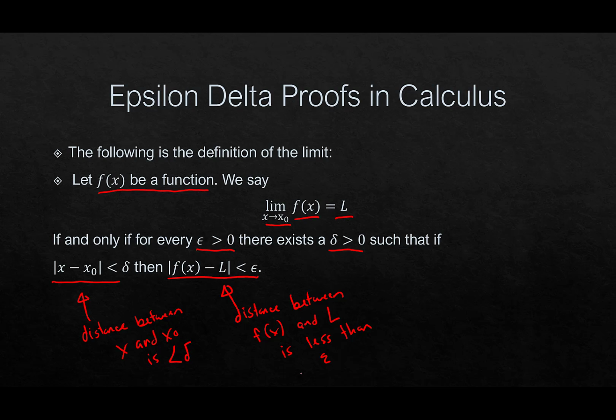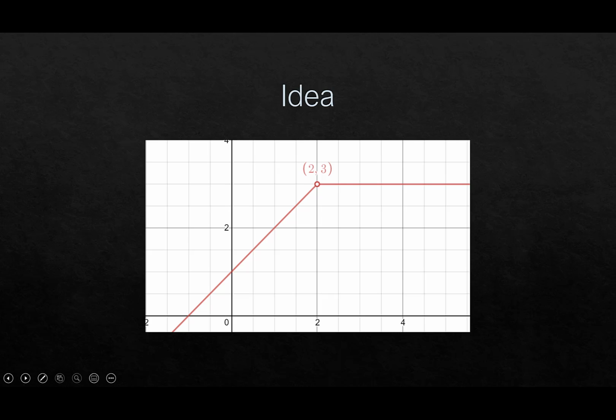Okay. Now, the reason why the definition is the way it is, this is really getting at the intuitive idea of a limit. So really quick, let's look at an example. Okay. So here's a function. It's a piecewise function, and notice we have a hole here at x equal to 2. Okay, there's the hole. So if we were looking at the limit as x approaches 2 of this function, hopefully by just looking at the picture, everyone agrees that this limit's going to be right here at 3. Okay. Now remember, the intuitive idea behind the limit is the following.